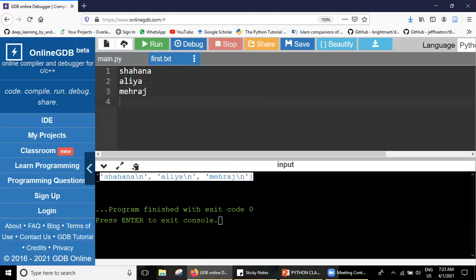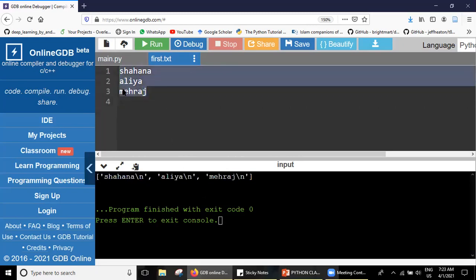If you remember the writing thing that we did while creating the file, how we did a list with all these things, right? Exactly the replica of that thing we got. But I don't want this to be printed like this, but I want to print it in the form of a file. Whatever it's there here, it has to come like this: Shahana, Alia and Mehraj.